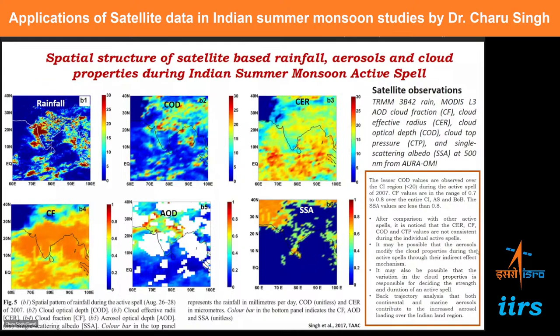So we have noted from this analysis that it is possible that the variation in the cloud properties that we note during the active and break rainfall spells is basically because of the availability of aerosol that is modifying the cloud microphysical properties and then deciding the amount of the rainfall during the active spell or the break spell. And if we see the back trajectory analysis for such events, we have noted that these are the continental or the marine aerosol that